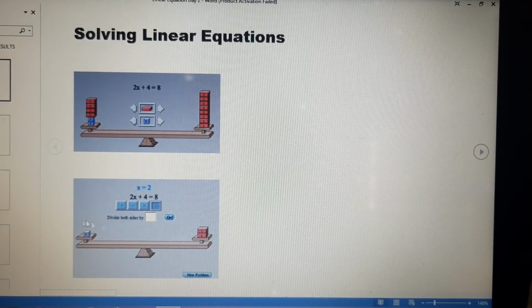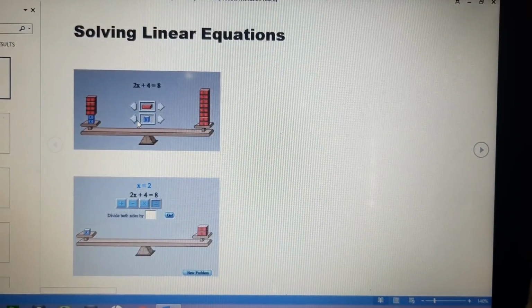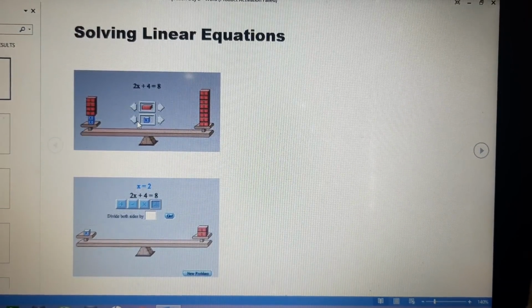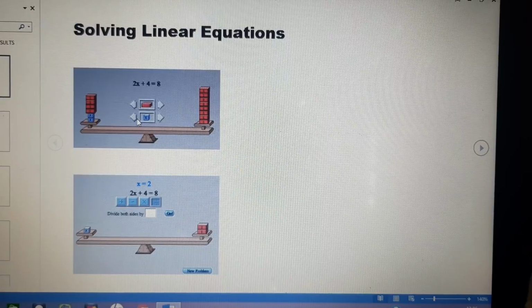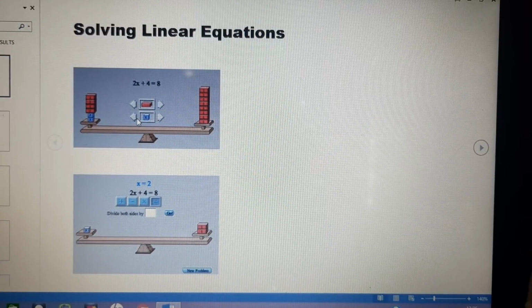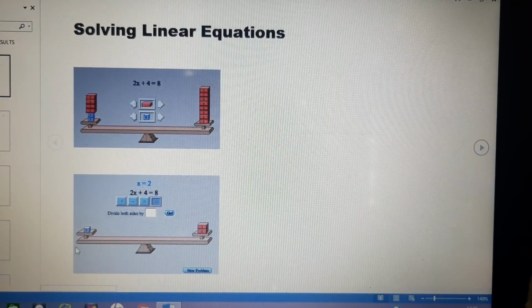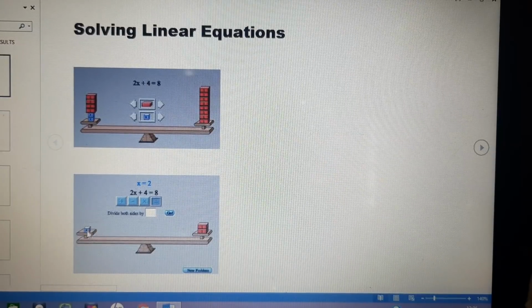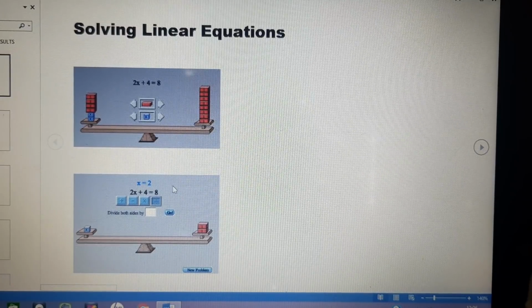So how to solve them? You can see that if we compare them, 4 red blocks can be removed from here. So if you remove 4, then 2 blue boxes are equivalent to 4 red blocks. Are you getting it? It means it is just double. So you can remove one more blue block and 2 red blocks. Ultimately we are left with 1 blue and 1 red on one pan and 2 reds on the other pan. It means x will be equal to 2.